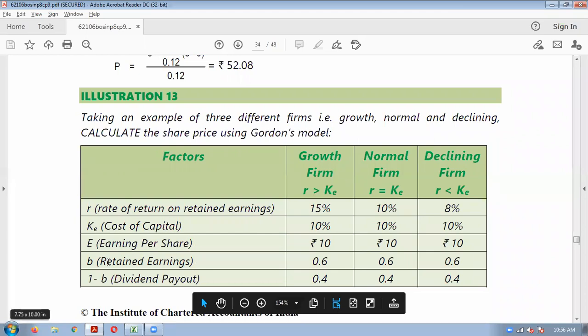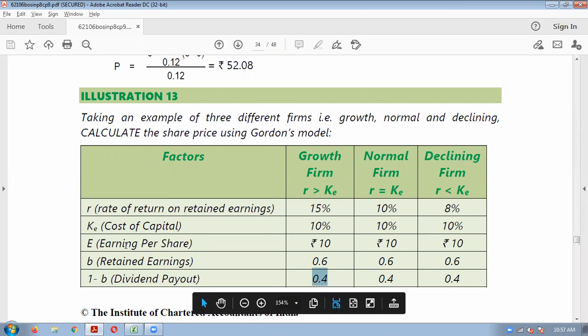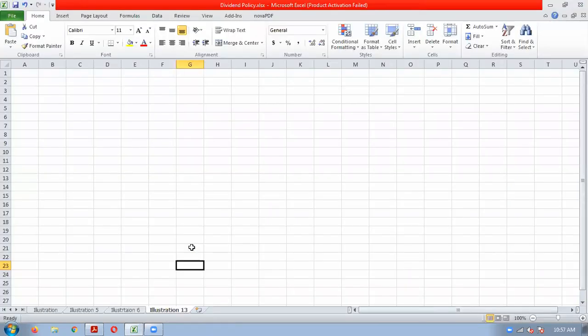Here a retention ratio and payout ratio is given, no? So we can still find out the dividend. But number of shares is not given, so we will not be able to find out the dividend per share in this question. But okay, here earnings per share is given, so 10 into 40 percent will be 4 per share. You can get the dividend, but here we will solve using the earnings method. How will we apply the Gordon's model if earnings is given and dividend is not given?